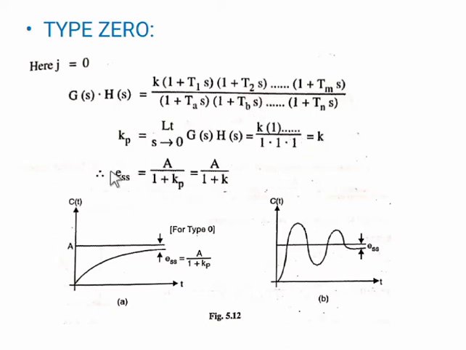That means the steady state error ESS equal to 1 by A by 1 plus Kp. So A by 1 plus Kp equal to the K. K is the forward gain. So this is the K. So step input defined as this. For type 0 systems, the steady state error is ESS equal to A divided by 1 plus Kp, where Kp equal to the K. This is also for the type 0 system, but it is the overdamped and this is the underdamped.